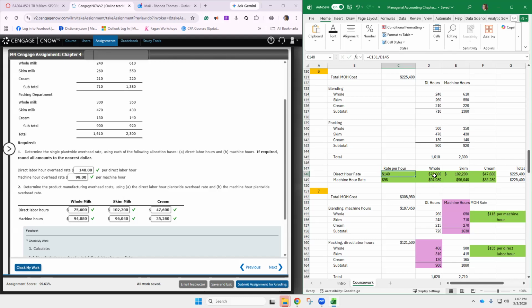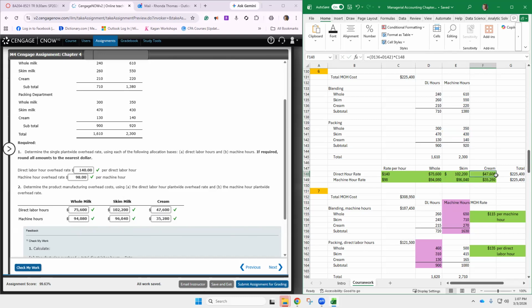So you've got the whole milk with 75,600 and 94,080. Skim milk is going to take the direct labor for skim and the direct labor for packing, add it together times $140. You get 102,200. Then you take your 2 machine hours for skim, 550 plus 430 times $98, you get